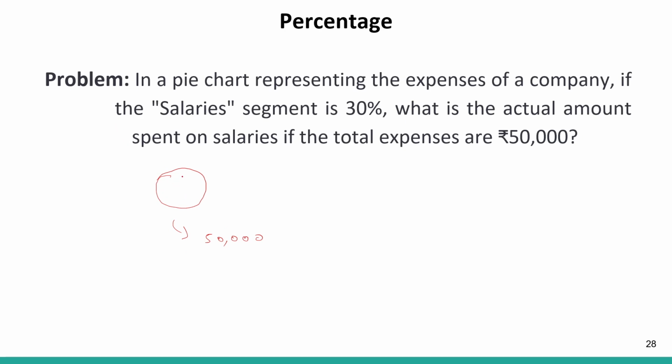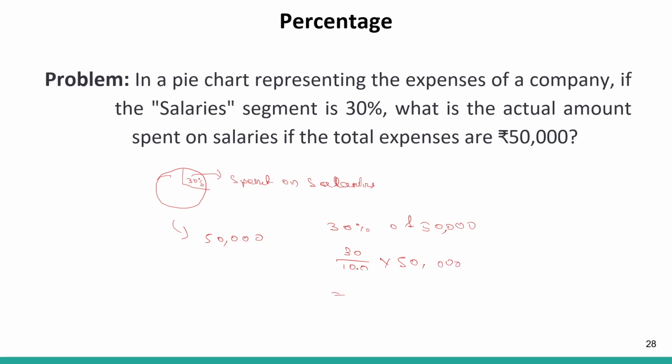And what you have is a 30% slice. Okay, so this much amount is spent on salaries. So how much is 30% of 50,000? The question is asked here. So 30 by 100 into 50,000